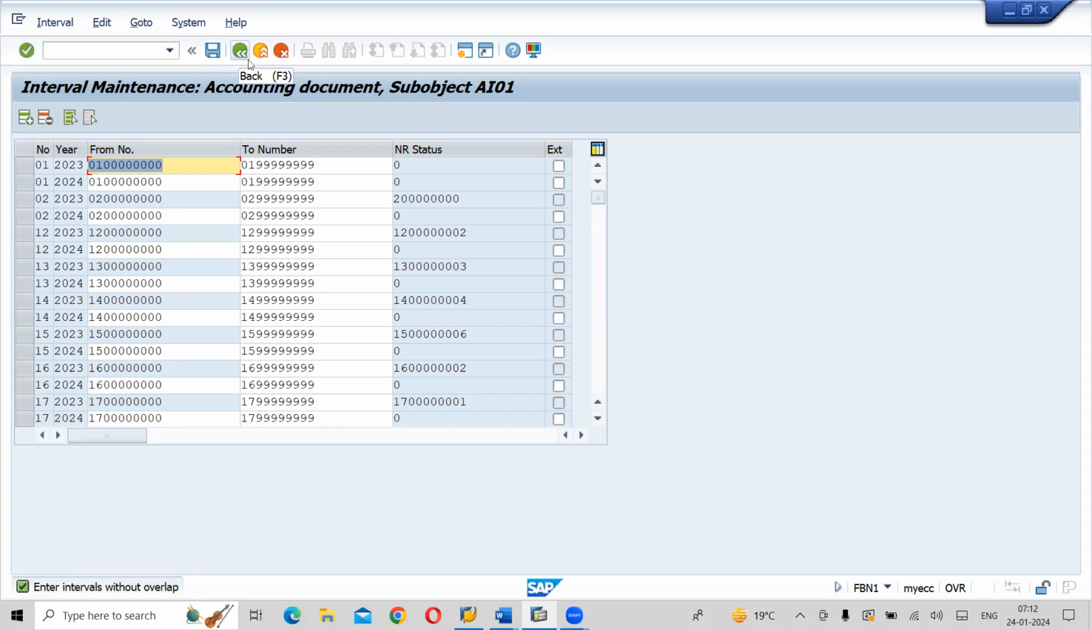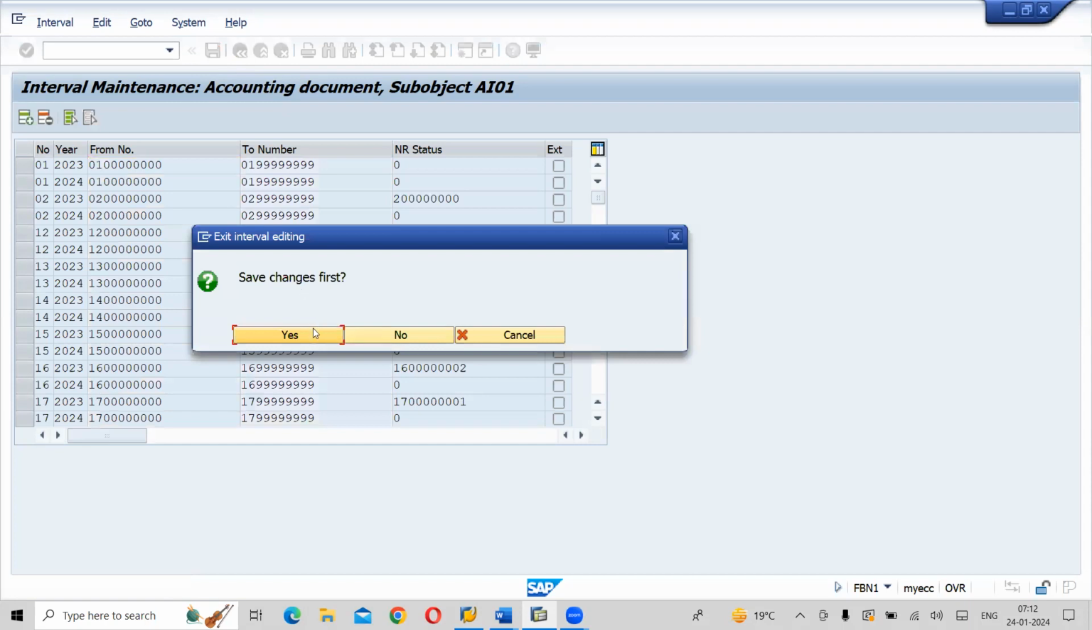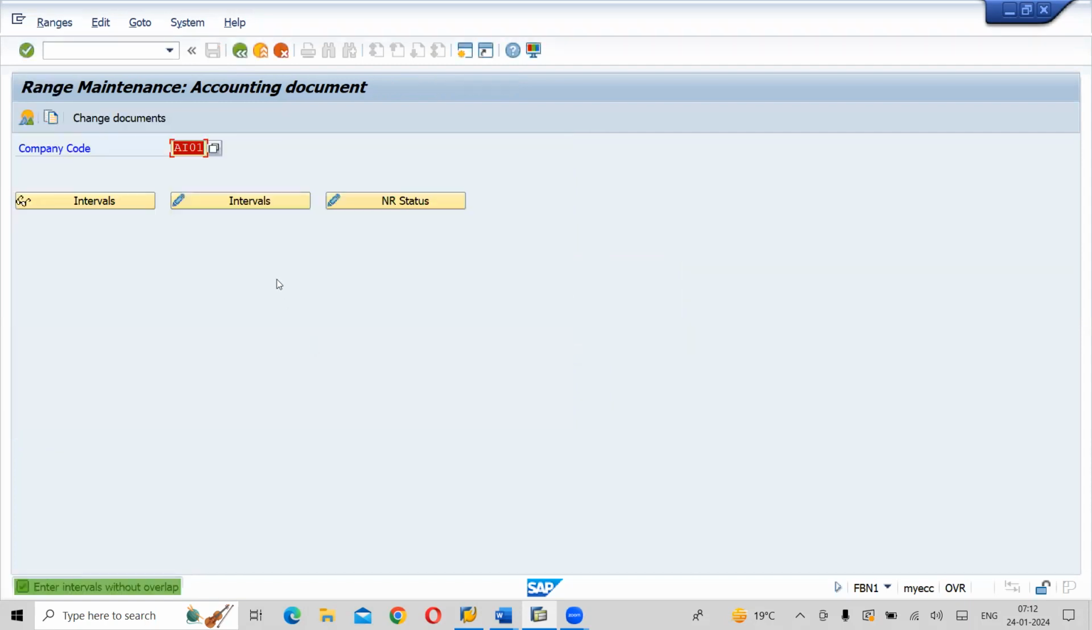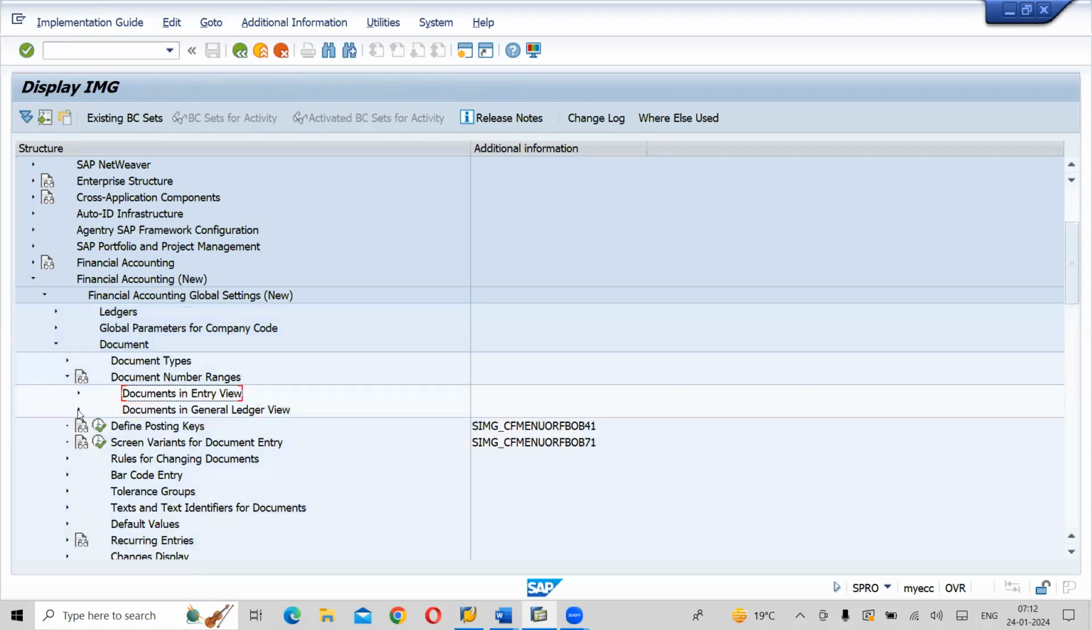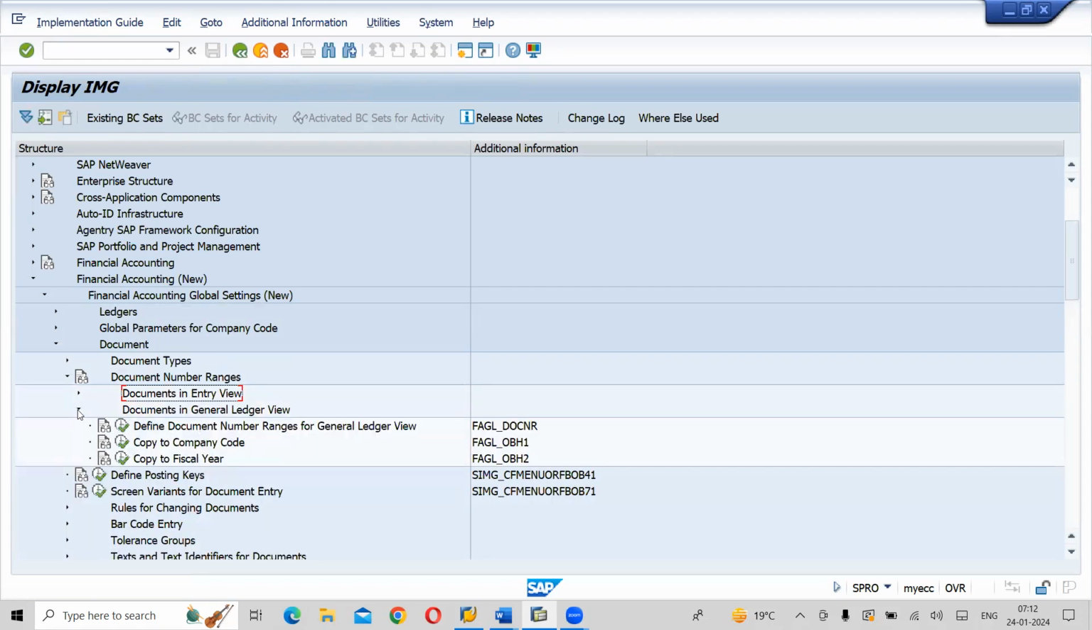Documents in general ledger view. Define document number ranges. Next step, write down: define document number ranges for general ledger view. Define document number ranges. So up to